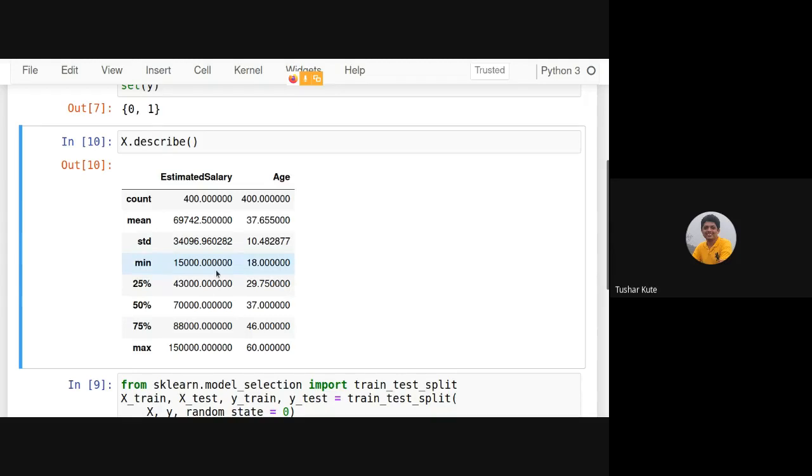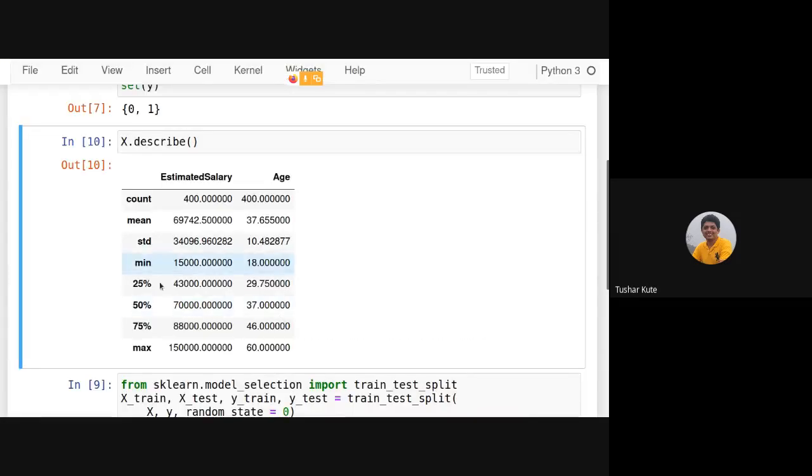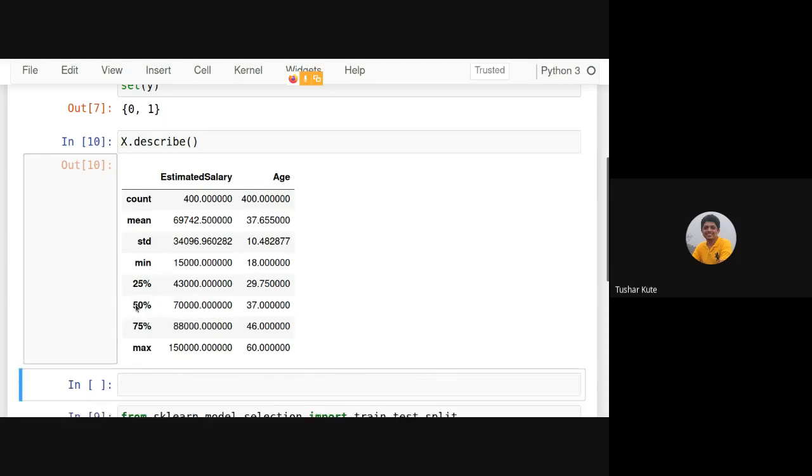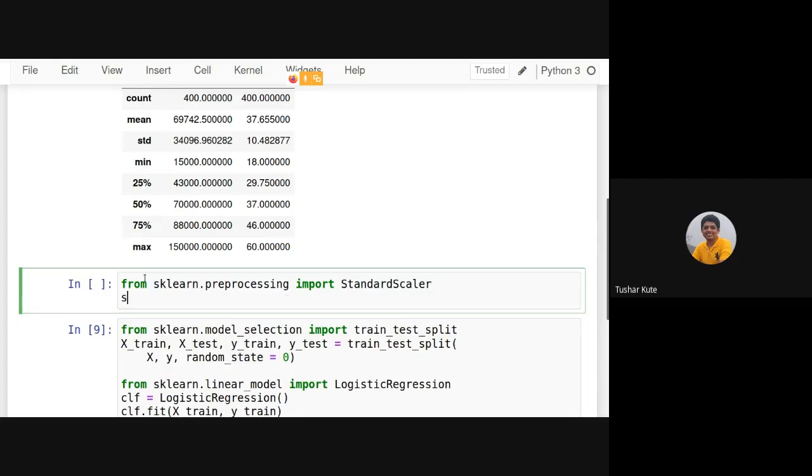So what we will do, we'll scale, which is done using this formula. Standardize it. First we'll do standardization. It's a part of the pre-processing technique: Standard scaler.